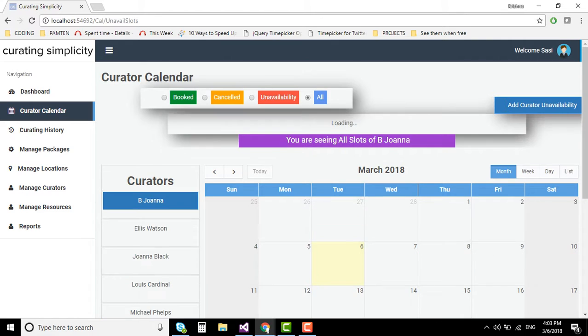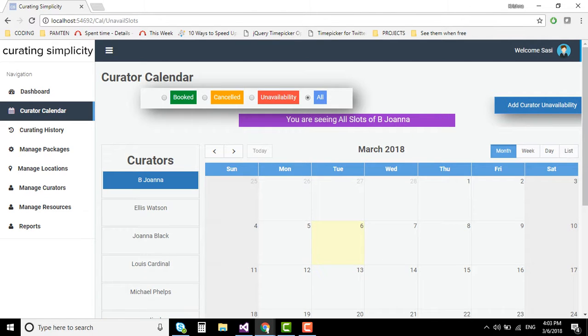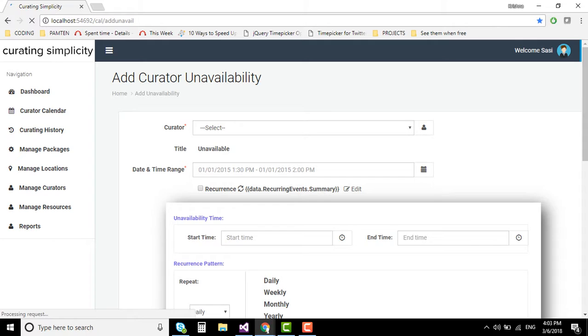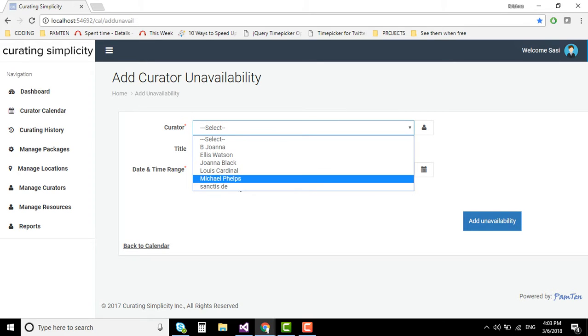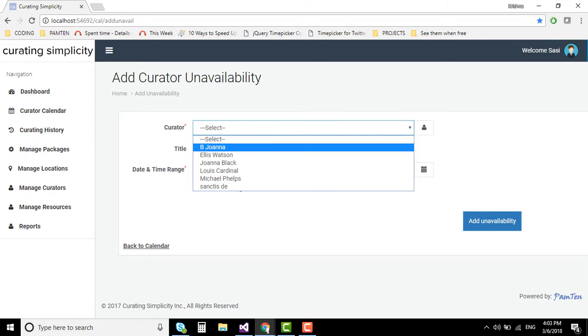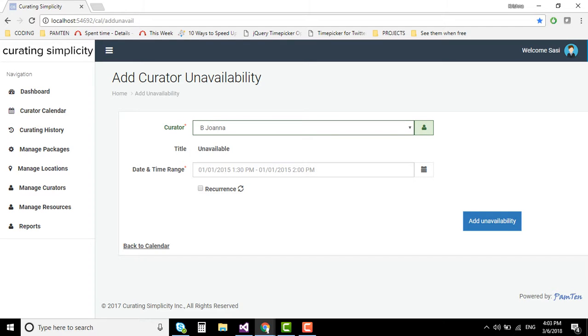Now we are going to see the recurring events functionality for the unavailability slots. I am going to create the recurring events for curator B. Joanna for the unavailability slot. Going to click on add curator unavailability. On this page we can see the curator name. Here in the drop down, the list of curators has been provided. Going to select one of the curators, and the title is unavailable,